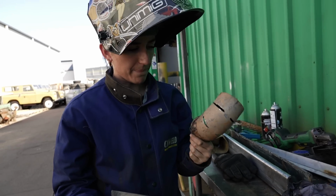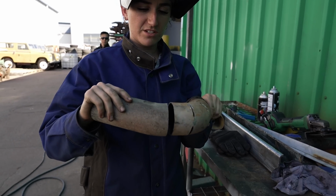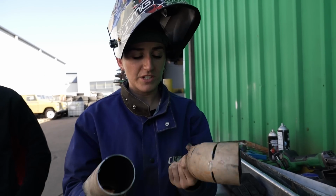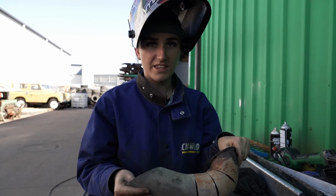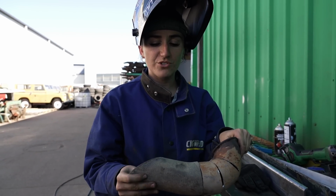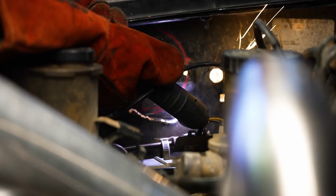This is a piece of our old dump pipe. This is a piece of an exhaust that we found at a wrecker's. If you put this with this, we've made some slits so we could bush bend it. It's cracked and all sorts of terrible, but if we put these two pieces together, this is the exact bend and degree that we need to come off the back of the turbo here and shoot to the side guard of the car. Why? You can probably guess why. I'm not going to say it, but...